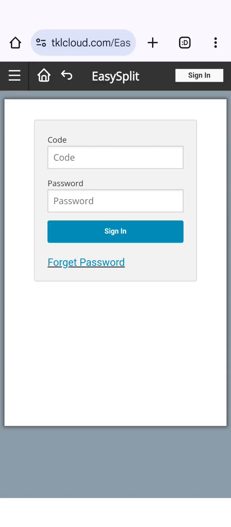I will explain the platform called Easysplit. It is used by a travel group to keep the expenses of each member of the group, and this is managed by the treasurer of the group. So here is the link